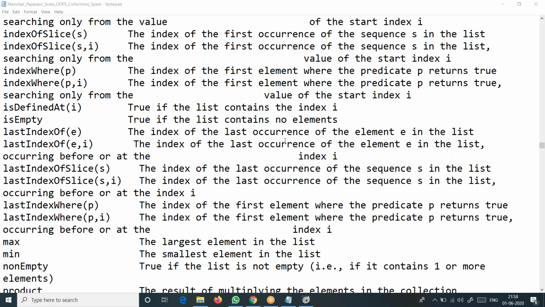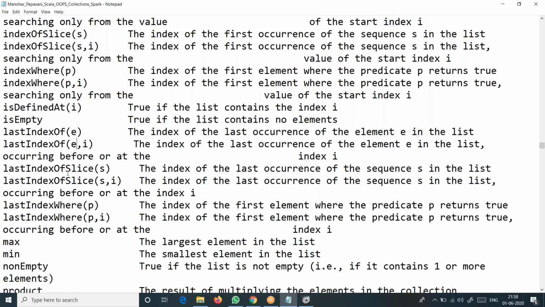It gives the index of the last occurrence of the element in the list. Again, e comma I means if you want to choose somewhere else, then you should choose this one. If you want to choose somewhere before, index of checks the next occurrence, and this will check for the occurrence before, not the last one.